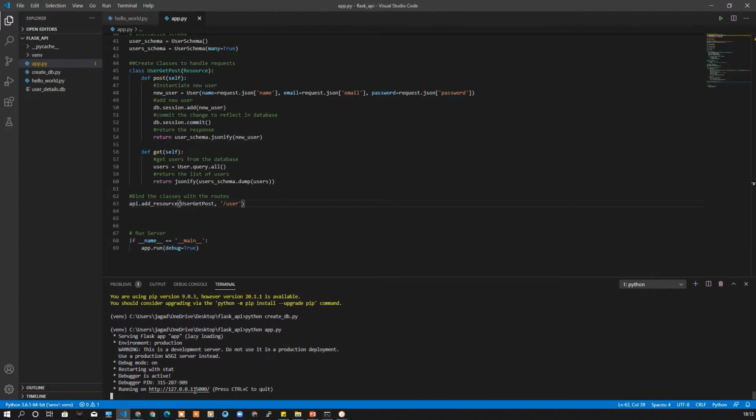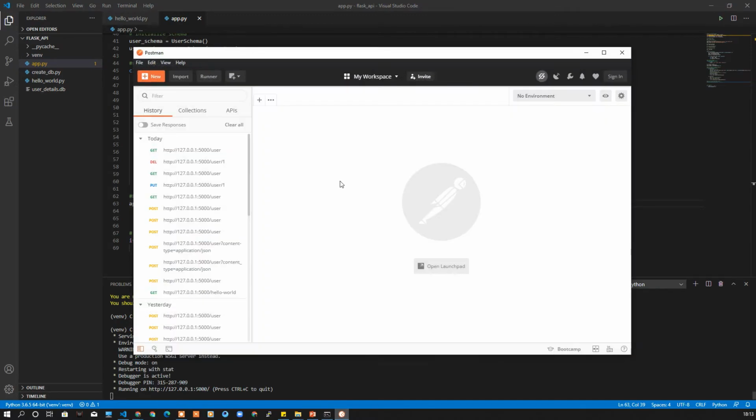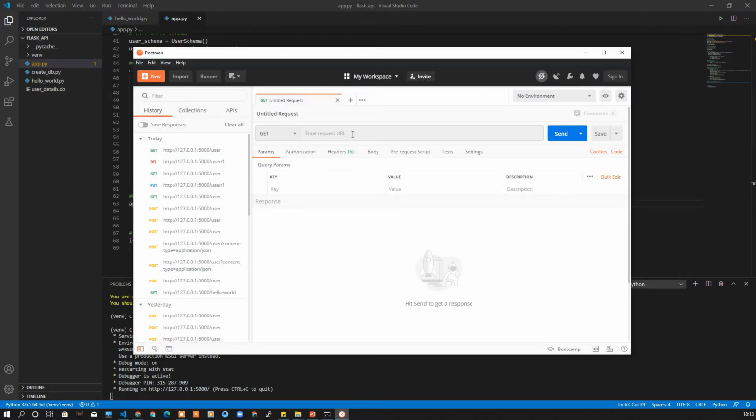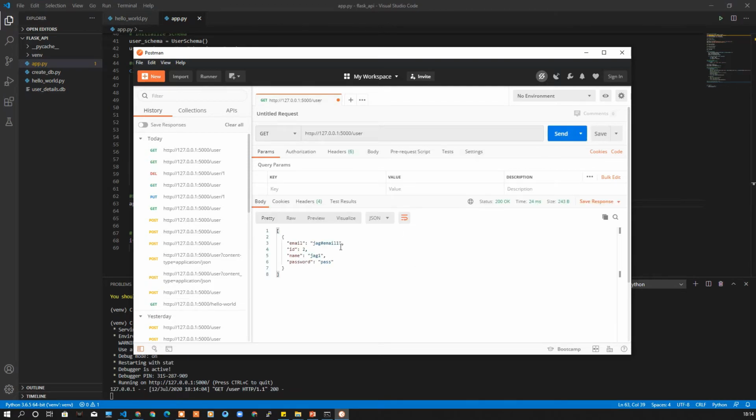Okay, our server is started. So let me just open my Postman and select a GET query, and the URL as http://localhost:5000/user, and send it. Prior to this, I have used this same database for the previous video, so this database has some values. It is using these values to get a user. We created a user in the last video. The user has an email, ID, name and password. So the GET request is working fine.